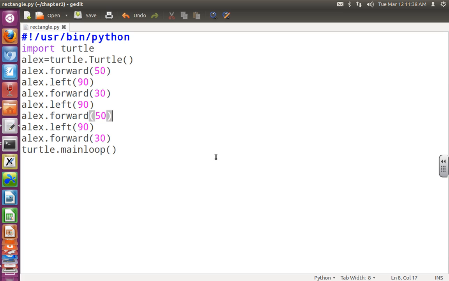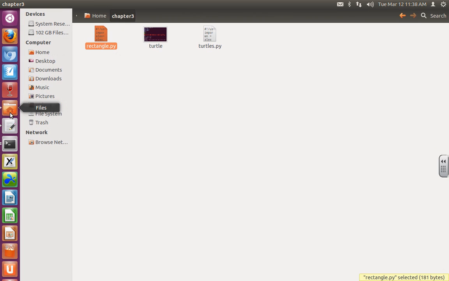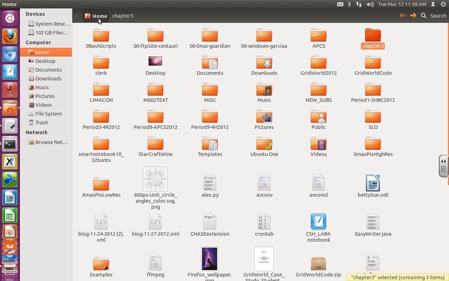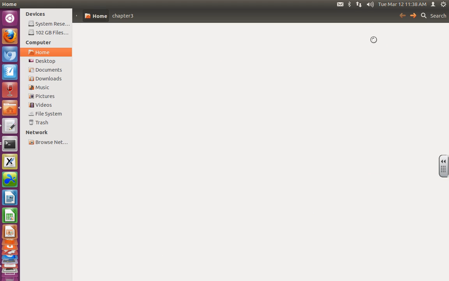How is my rectangle.py different from yours? I'm not opening IDLE this time. I'm opening it in gedit, right? So if you go into your home, and then you go into your chapter 3, and you got your rectangle.py,